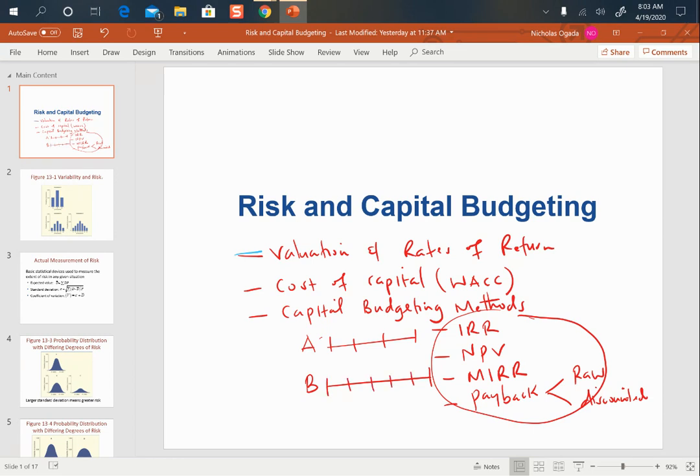In determining the net present value, we used just the same number. But we're going to put that into question as we look at risk and capital budgeting,